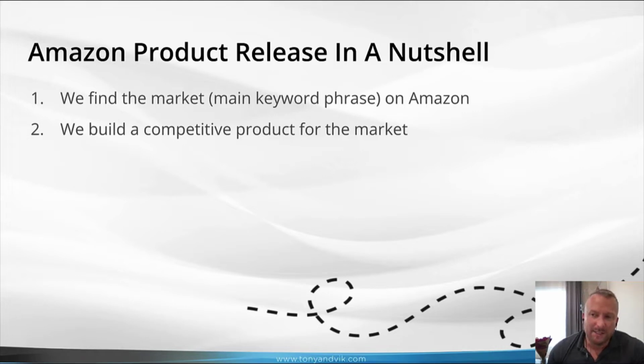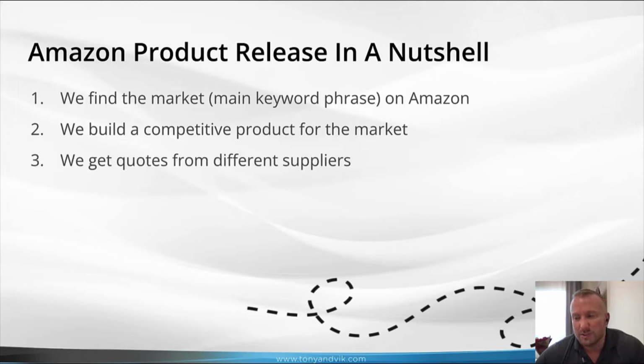So the second phase is when we've found a good keyword that doesn't have too much supply, has good demand and not so high competition. Then we start diving into product research and figuring out what type of product we want to release on that keyword, right? Because we want to come up with a better or best-selling product that could fly to number one when we release it. After that, of course, we create a PDF or instructions for suppliers describing the product we came up with, and we ask for quotes from Chinese suppliers. Then they quote us, and we decide which supplier we want to go with,